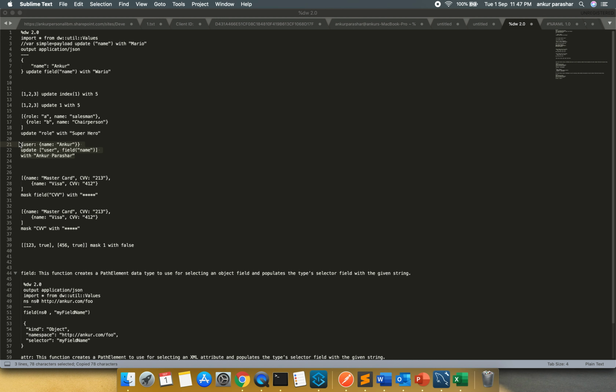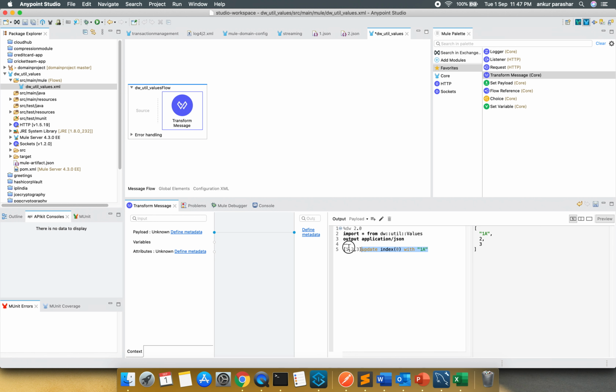This is a JSON payload, and I have updated within the user the field name, with value Ankur to Ankur Parashar.